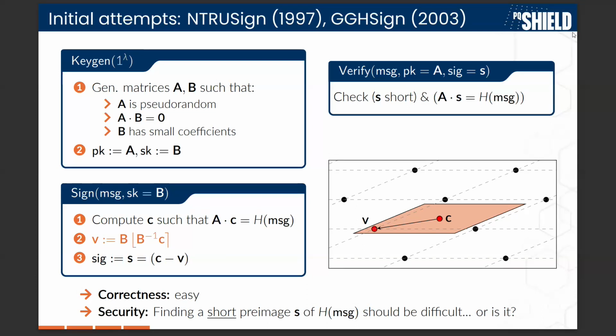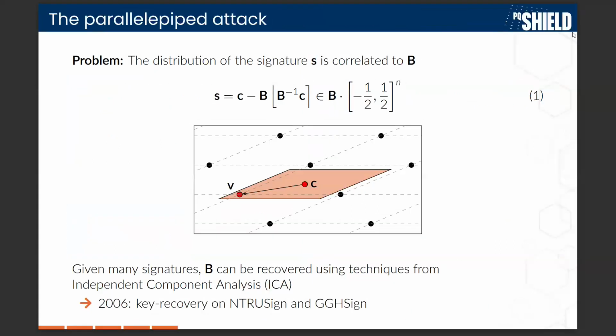And in fact, that's true if you ignore the fact that signatures are being given out. So it's hard to break if you don't give the attacker any signatures, but if you start to give out signatures, which is the usual usage of signature schemes, then it's easy to break. And so this was shown in the so-called parallelepiped attack by Nguyen and Regev in 2006. So the problem is that the distribution of the signature